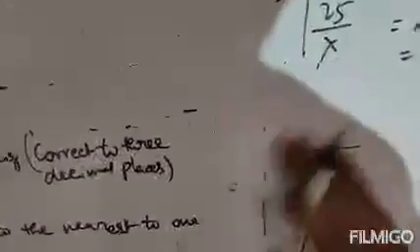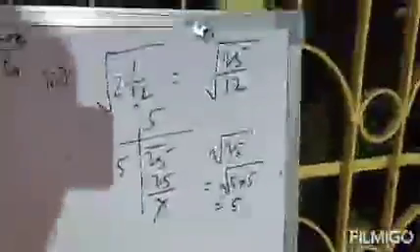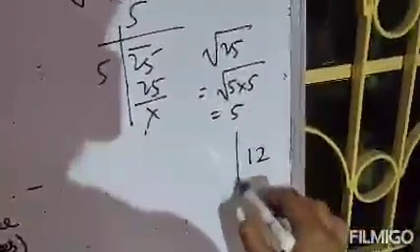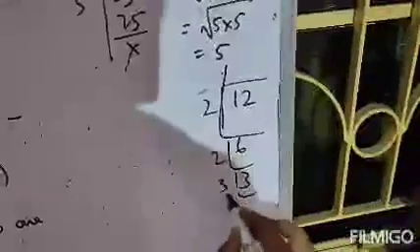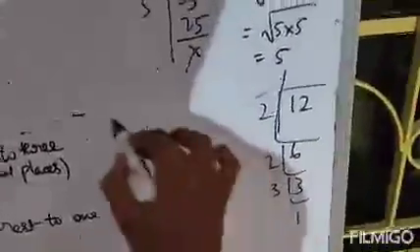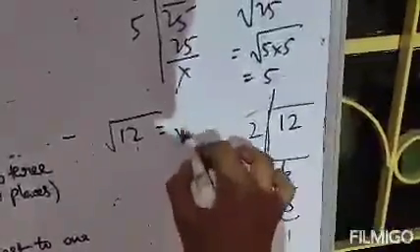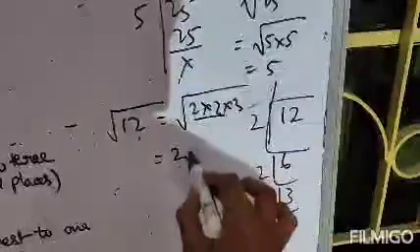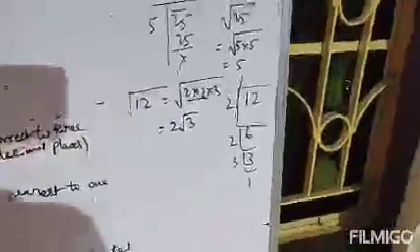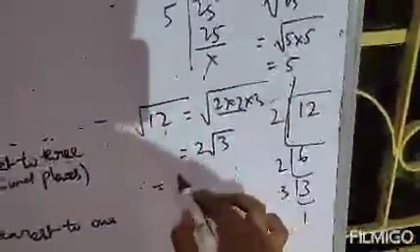Alternatively, there is another method, and that method will be easier for you. So I will show that method, that is while finding the square root of 12, just factorize 12 in your rough work. So 2 6s are 12, 2 3s are 6 and 3 1s are 3. So 12 will be equal to 2 into 2 into 3. So extract these two, that means 2, and 3 cannot be extracted because only one 3 is given, that is 2 root 3.